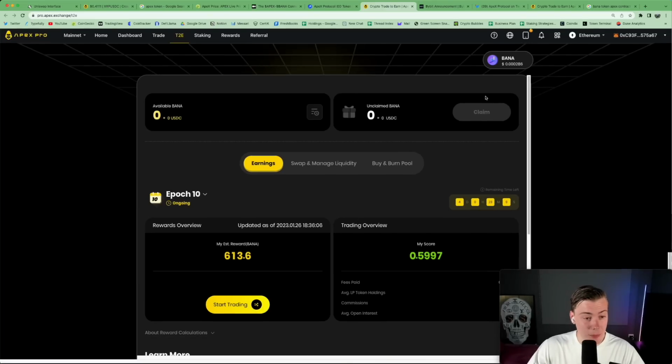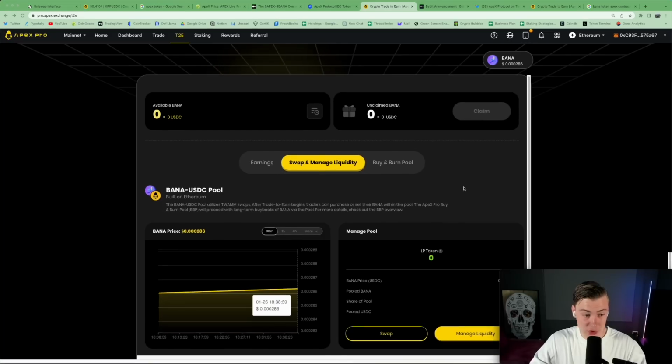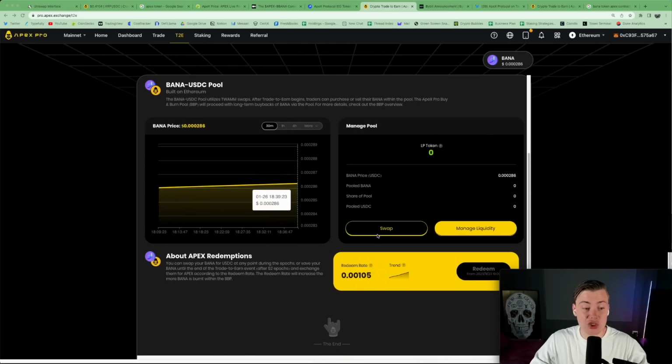Once you've claimed your BANA for trading, there'll be a claim button here. After each epoch, this epoch has 4 days to go, which is roughly each week, they'll give out rewards. So in 4 days time, I'll be able to actually claim my BANA. So once you've claimed your BANA rewards, all you need to do is go down and click swap under manage